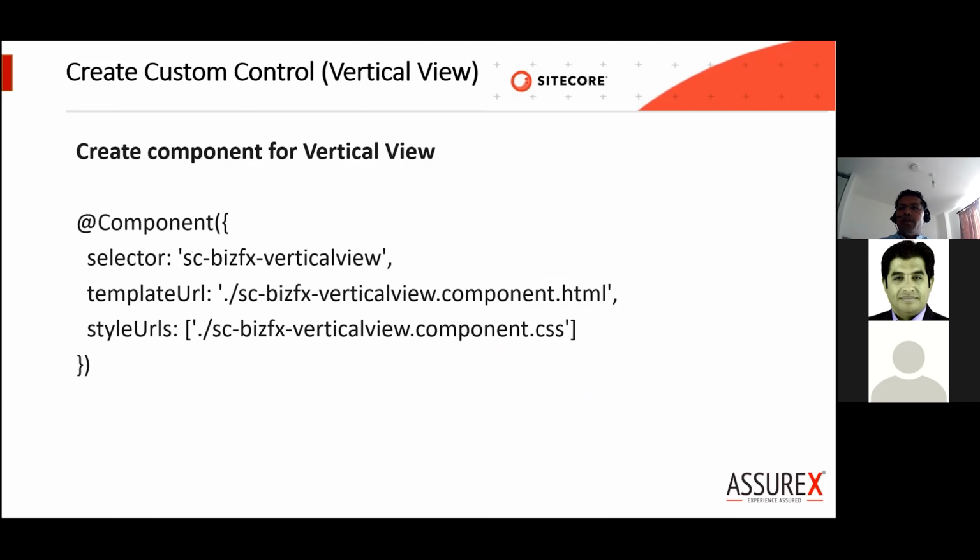So what does this file contain? The TS file or the script file will register the component. It will tell what HTML tag needs to be used, or how we identify that component. Wherever we use the component, it will be used with this tag, SC BizFix